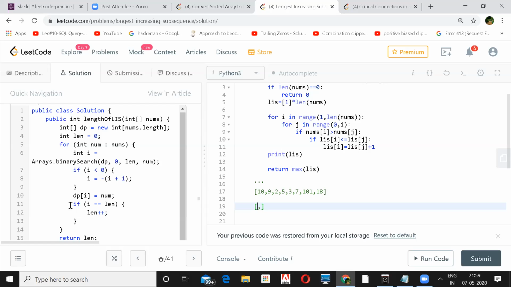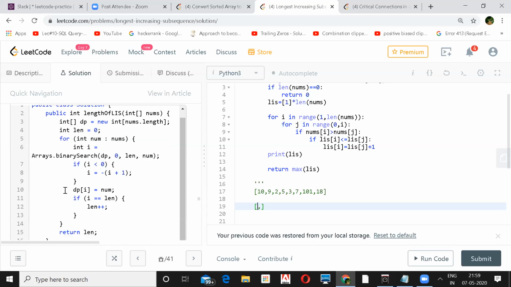Okay, my bad, sorry. So what is the overall intuition here? Everywhere it's not going to increment the length. So whenever the value is greater, okay, it's in the decrementing order, it's not going to increase the length at all. So therefore it is going to always store at that initial location, right? So when it comes to 2, then it will return that ith value, right? Am I right?